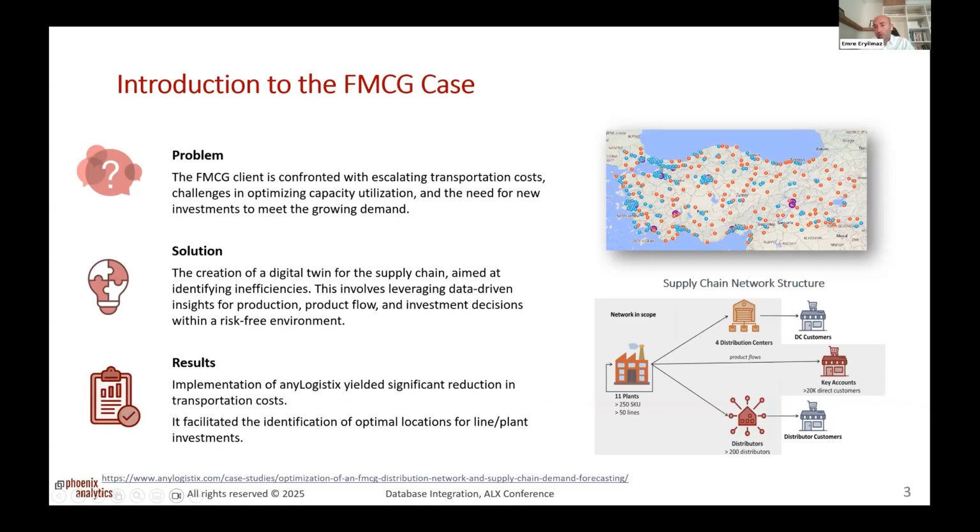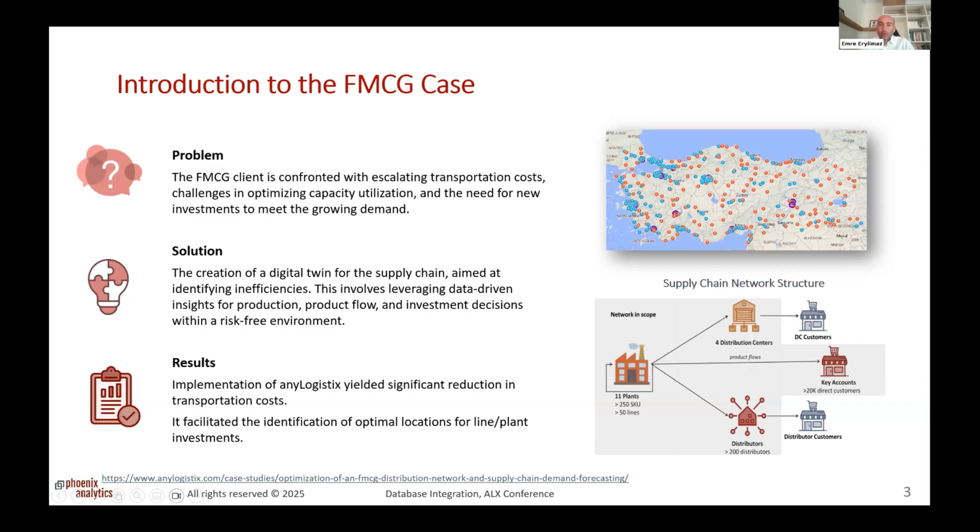Plants can send products to distribution centers, and distribution centers can distribute these products to direct customers, like markets. Plants can make shipments to key accounts, like big retail markets. And plants can send products to distributors, and they will make deliveries to the distributors' customers, such as the